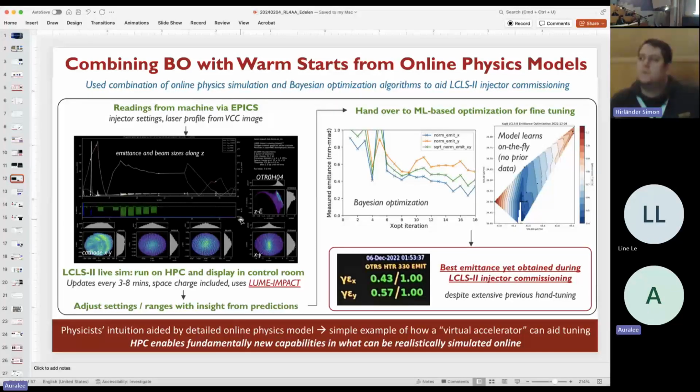So this allowed physicists to do some intuitive hand tuning while looking at parameters that aren't directly visible on the accelerator. And then after they were happy with their hand adjustment of settings, we were able to bring it over to Bayesian optimization to do further fine tuning. And the combination of these two things resulted at the time in the best emittance that they had yet obtained during LCLS2 injector commissioning. So this is a nice example, I think, of how online physics modeling combined with